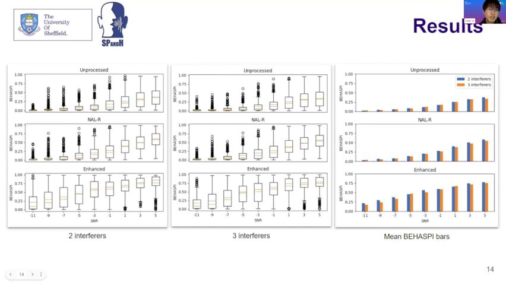So we also did some additional analysis. Here we show the HASPI differences between 2 and 3 interferers at similar SNRs. If you look at the figure on the right, you can observe that at similar SNRs, speech with 2 interferers are slightly more intelligible than those with 3 interferers. And the difference is clearer for the enhanced signals,